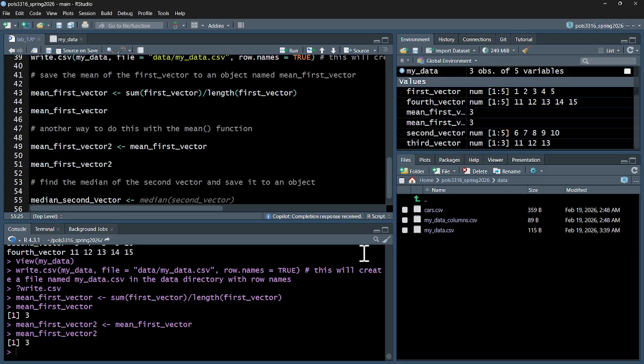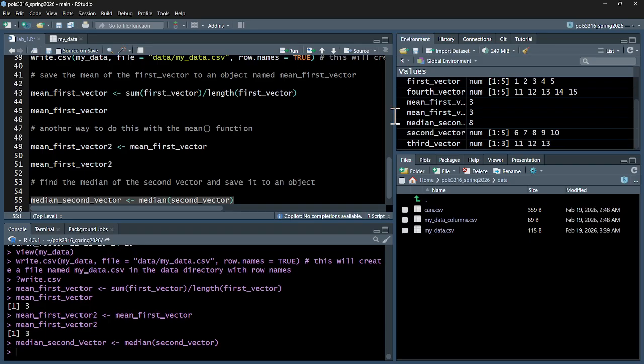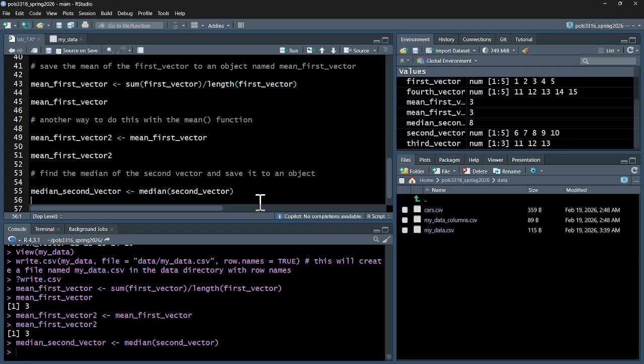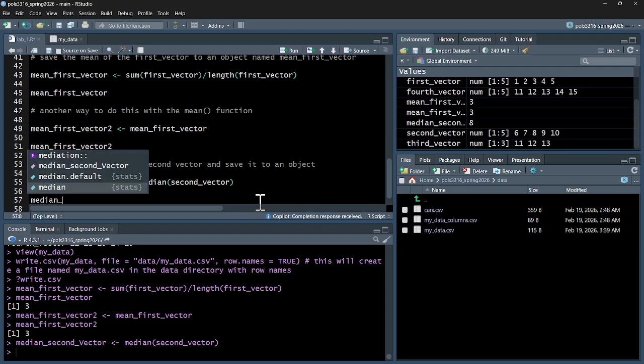And of course, how are we going to get that? Well, R gives us a nice function named median. So we do that. It's out there. Median of the second vector is 8. And we can print that to the console